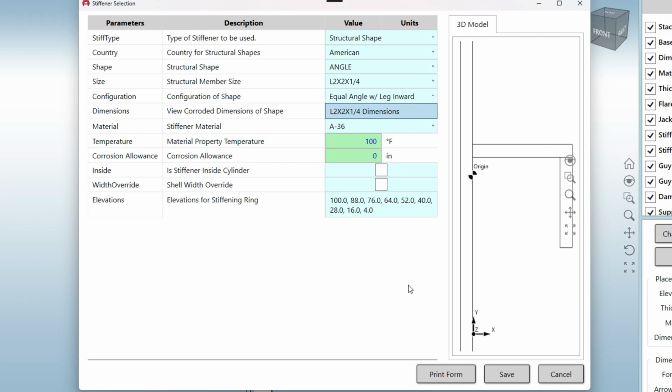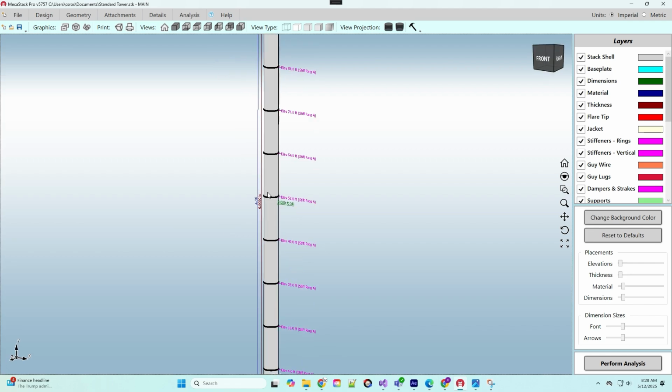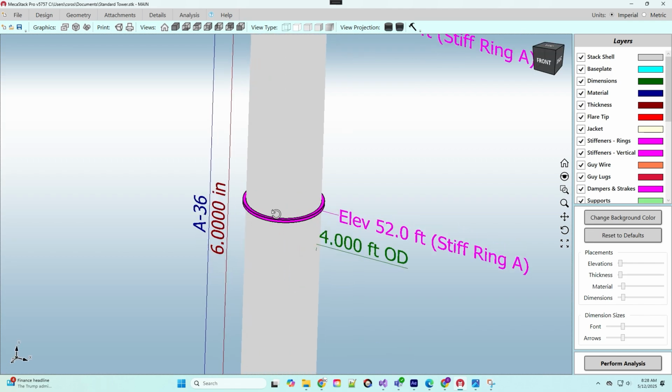When complete, you then save, and you can either add more stiffening rings or you can save and return to the main window. The stiffening rings are represented on the stack graphic,